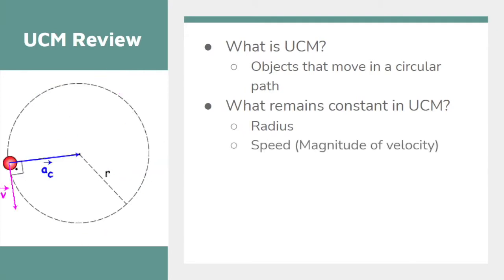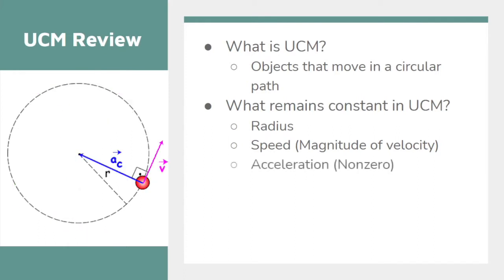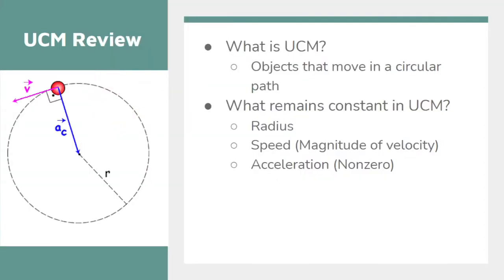It's also going to have the same speed. We remember that speed is really just the magnitude of velocity, and magnitude means the absolute value, right? Next, we have our acceleration, and the acceleration also is not changing. Another key thing to note though is that our acceleration is not zero. Our acceleration is some value, but it's a value that is constant.